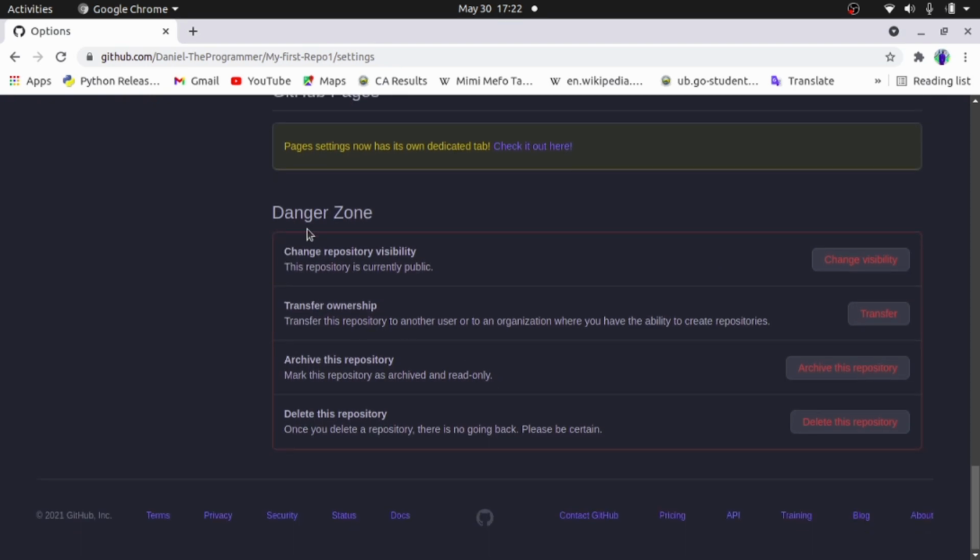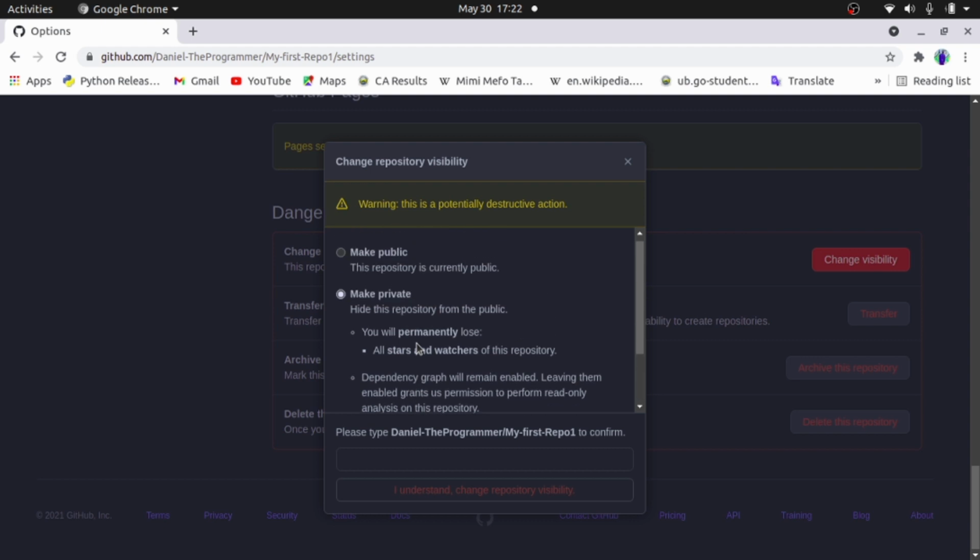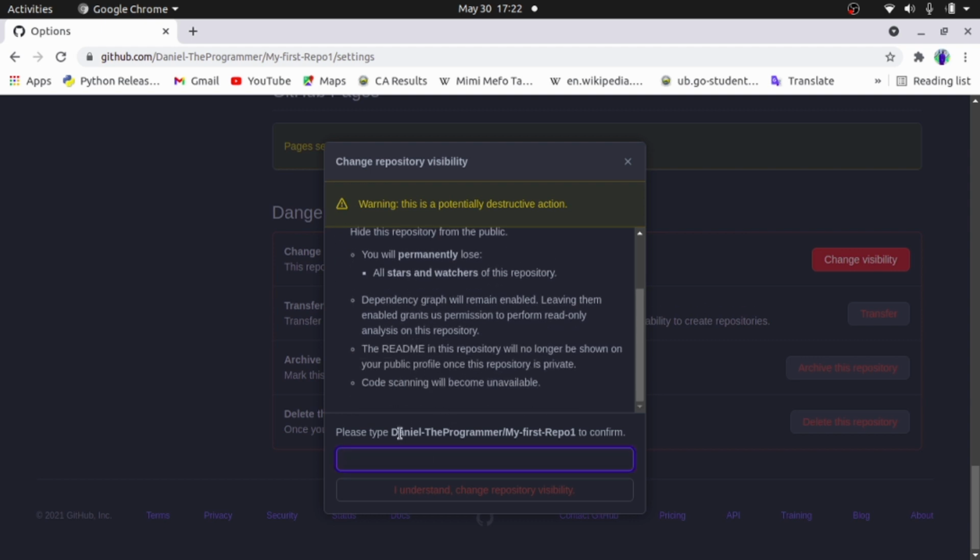You see the danger zone, where you can change repository visibility, because currently it's public, so you can decide to change it. You can make it private. Okay, let's make it private and see. Now they say please type this to confirm.